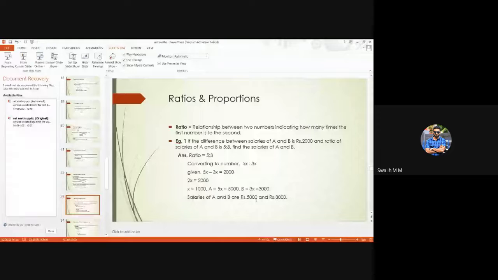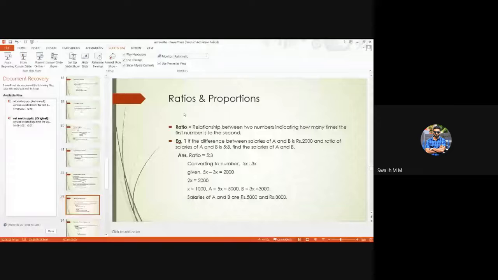Okay. Now, next topic is ratios and proportions. Now, ratio means relation between two numbers. Another way, you can say that ratio is also a fraction. That is a by b, like 5:3. That is how much 5 is in terms of 3 is what a ratio is. That is the relation between how many times one number is with respect to the other number is what a ratio is. You must all know. Proportion means the relation between two different ratios. You get this ratio and the other ratio. What is the relation between them?